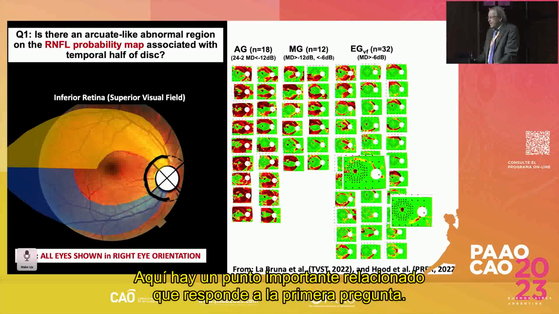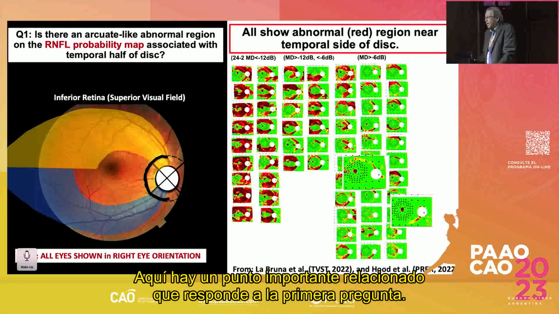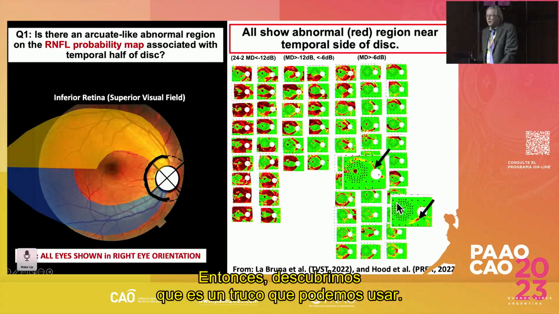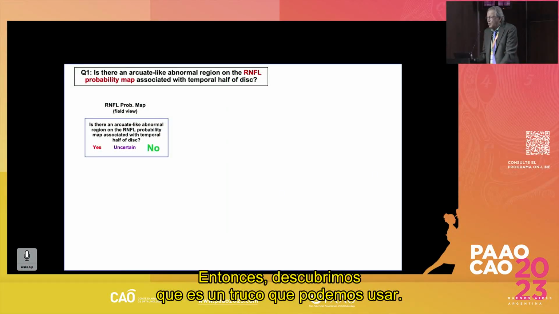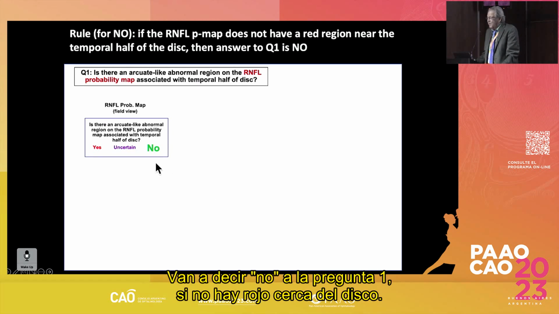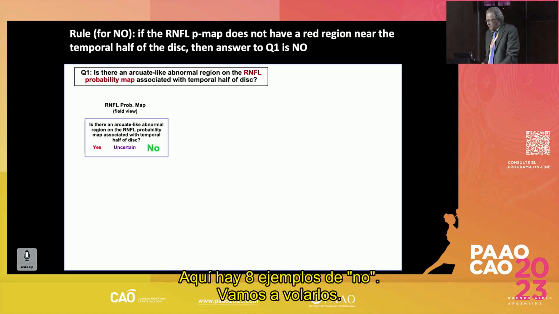Okay, now here's an important point that has to do with how you answer the first question. If you look at even the most subtle of defects, they have some red near the disc. So we found that that's a trick we can use. You're going to say no to question 1 if there's no red near the disc. If there's an